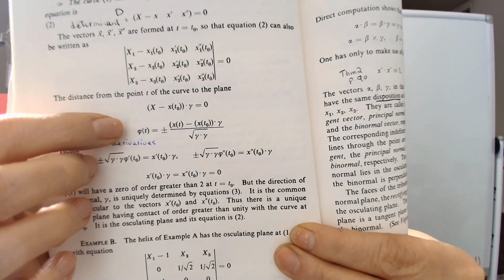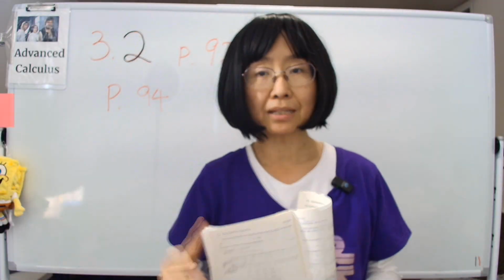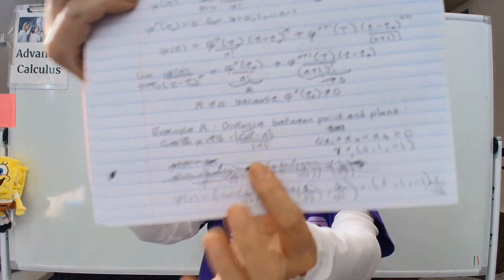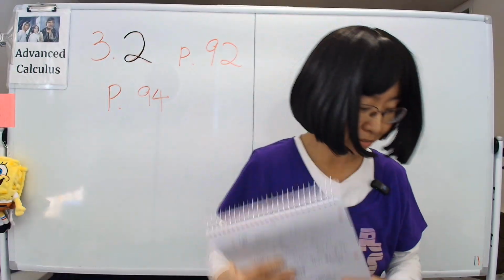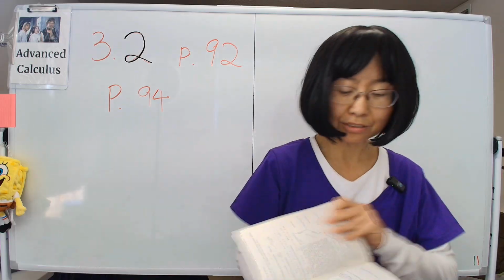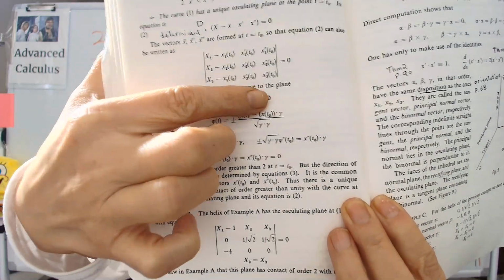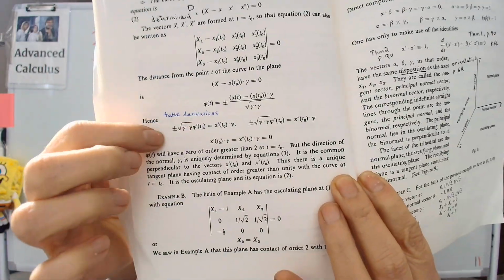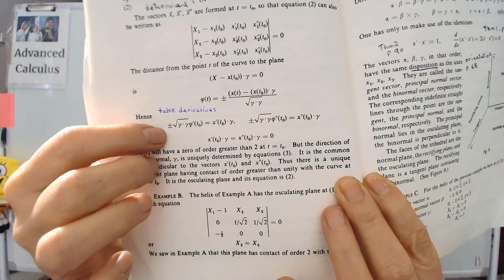The distance from any point on the curve to the plane, which is the perpendicular distance, is given by the formula we looked at a little earlier, QP dot n over the magnitude of n. In this case gamma will stand for n. So here it is, phi of t, where QP is q minus p, dot n divided by the magnitude of n. Then if we multiply this to the other side, and don't worry about the plus or minus sign,